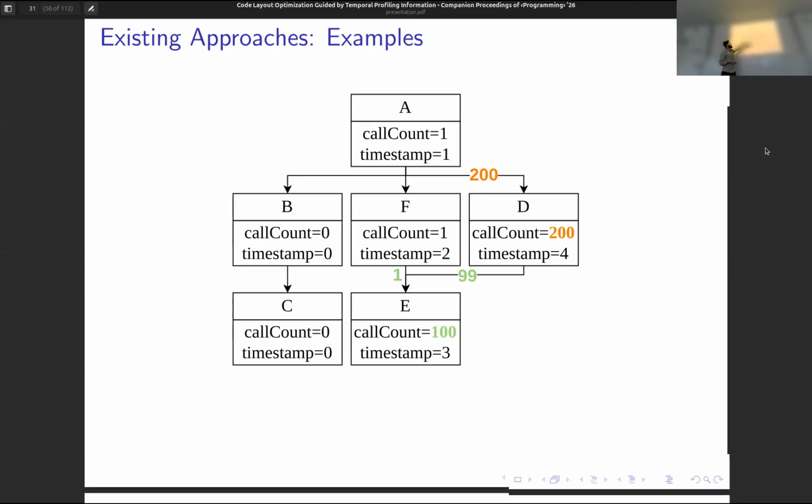And when it actually executes, it calls F, it gets timestamp 2, then it calls E, it gets timestamp 3, then afterwards D is called, which calls E again. So from all this, we can see that profiling information can give us some insight into how our code executes, and then we can use that to leverage